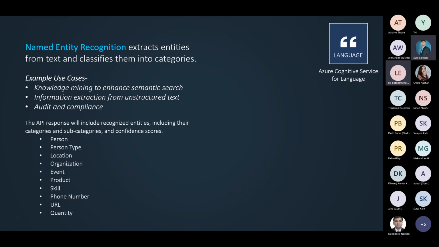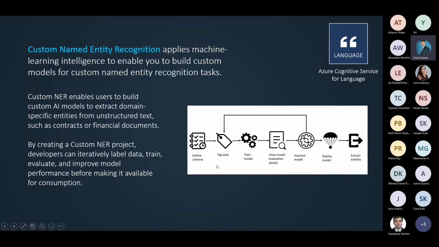But what would be more interesting for you, on a practical note, is that you might have domain specific terms. You might have domain specific entities, like in the legal world or in your research space. You might have specific things that you want to identify within a document or piece of text that might not be in the standard categories or subcategories. You can do that. So this is where you take it one step further using custom named entity recognition. And again, just like conversational language understanding, you can define the schema, you can train it. You just need to feed it with the data.